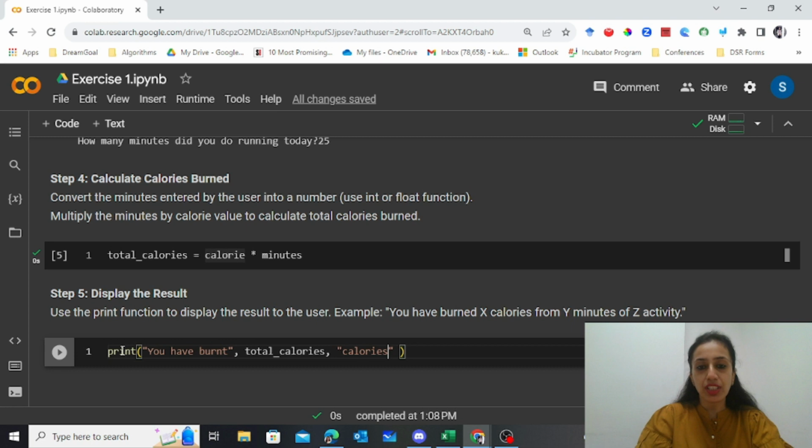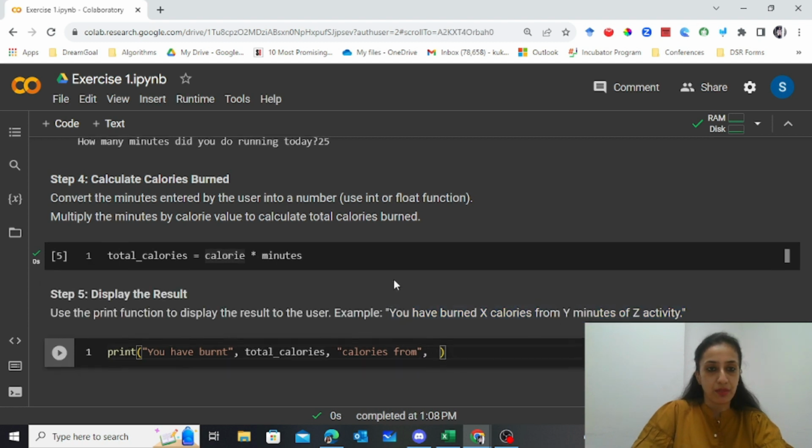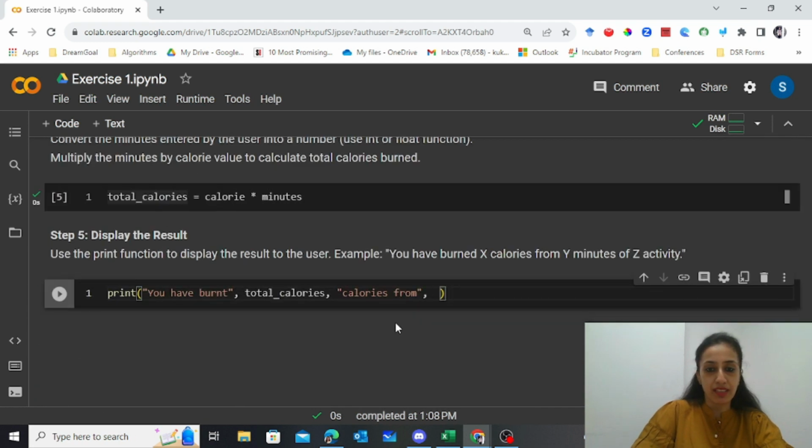Just write down everything you want to print separated by commas. So you have burned this number of calories from, I'm just following this message. Okay, so you have burnt, X is the total calorie variable, calories from, Y is going to be the minutes. So the minute variable was minutes,